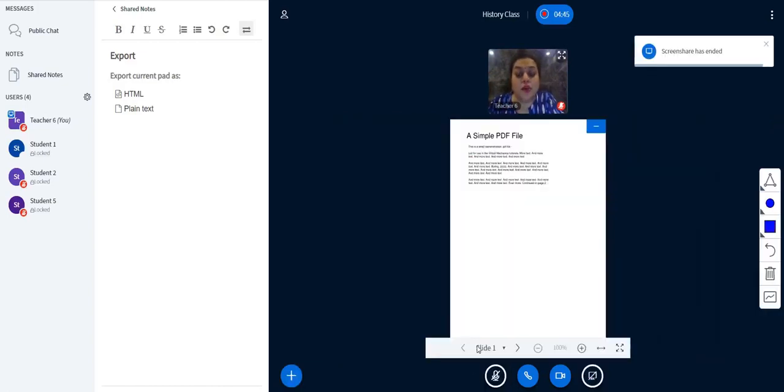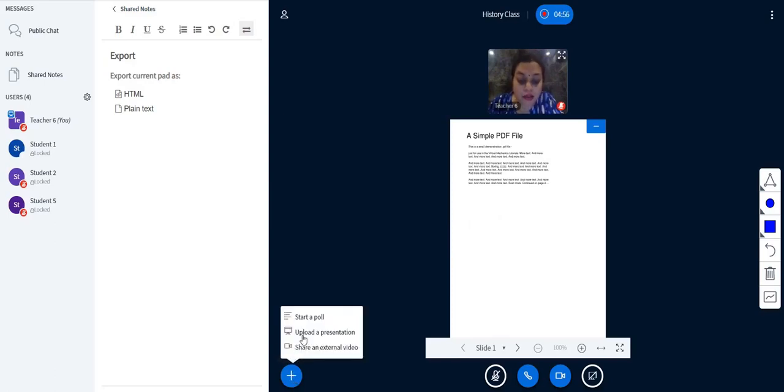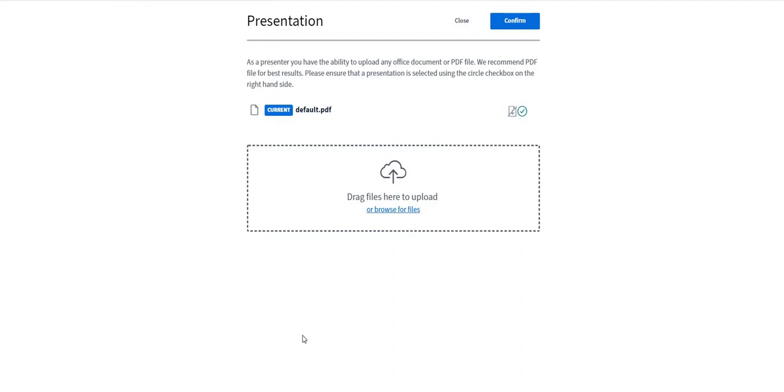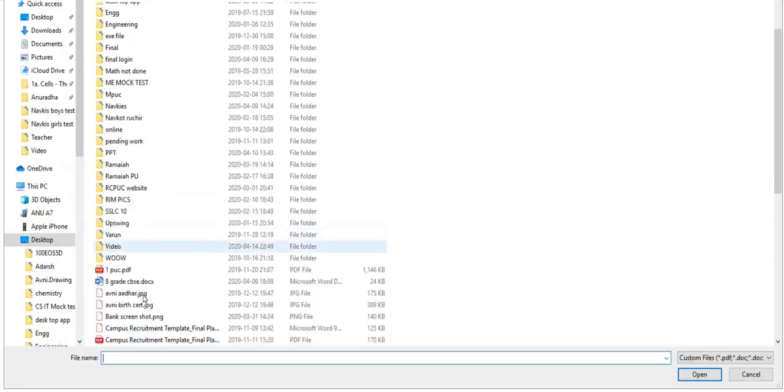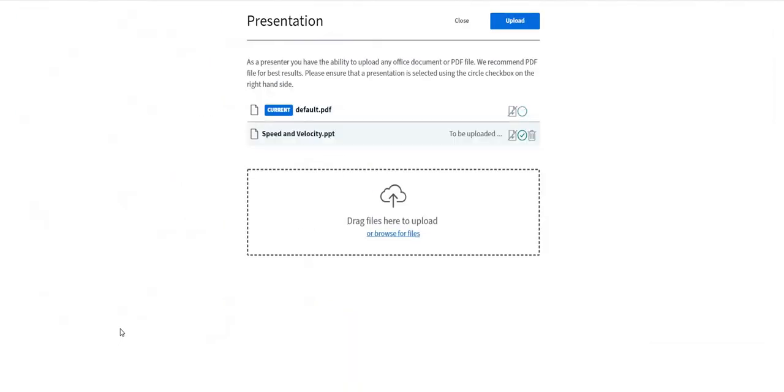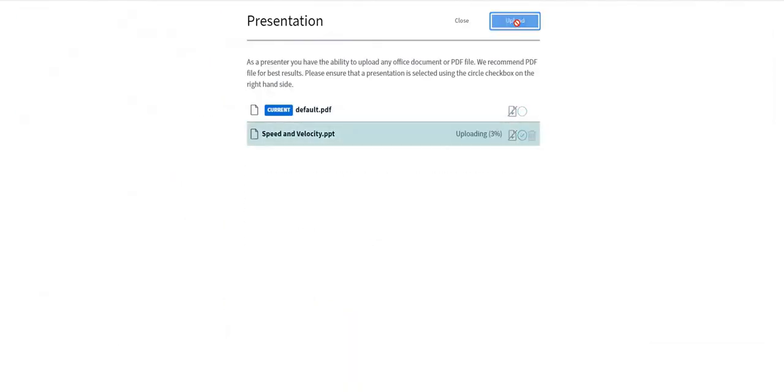In case you don't want to share your desktop but you want to insert any PPT or any video over here, you do have a plus button. Click on it. You can upload a presentation over here. Browse a file. So I do have a PPT ready with me. Once it is selected, click on the upload button.